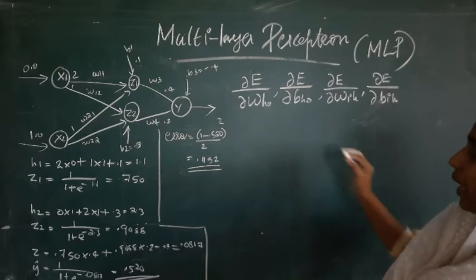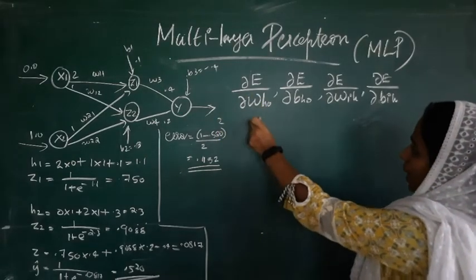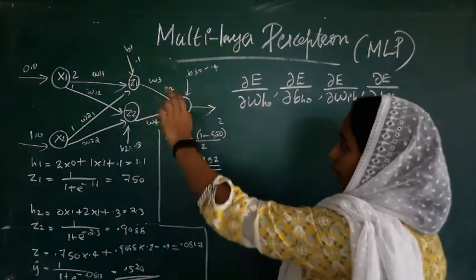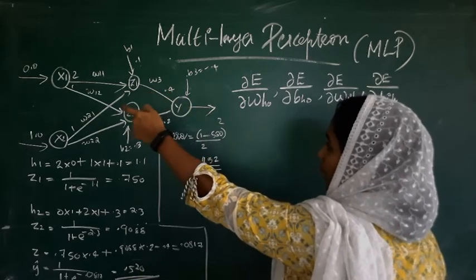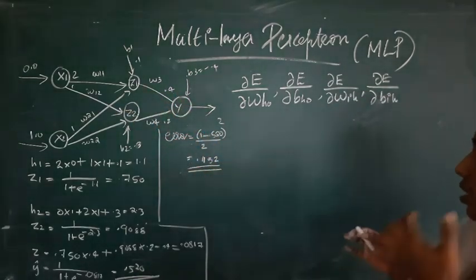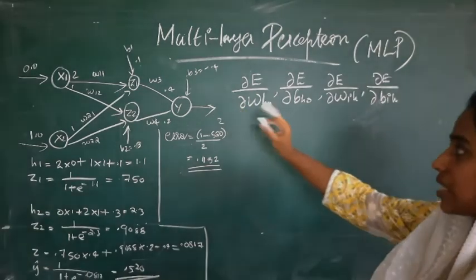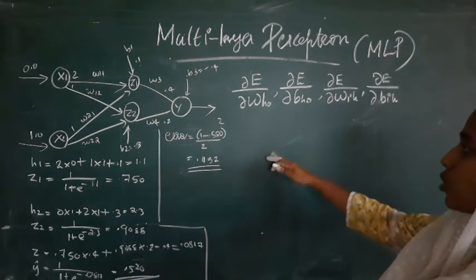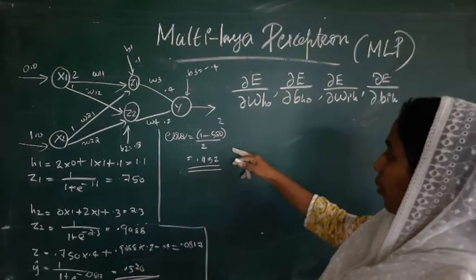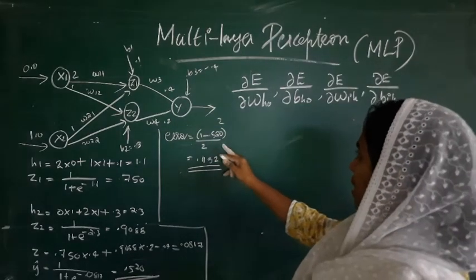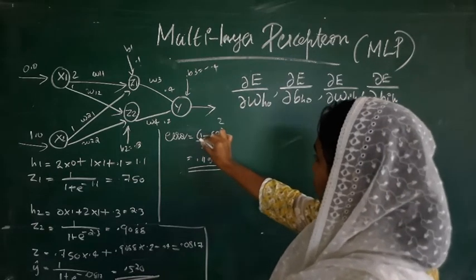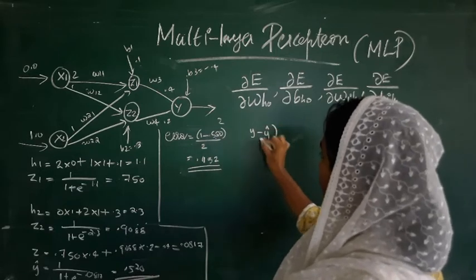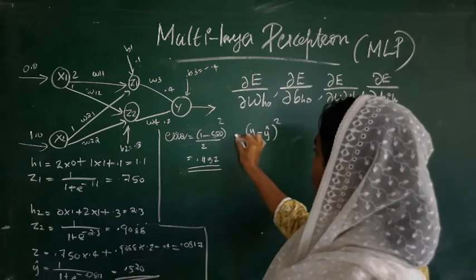That is, we have to calculate the contribution of the weights and biases in the error. When we say weight, the weight could be the weight between the hidden layer and the final layer, or the input layer and the hidden layer. So the contribution of all these weights and the biases in the error must be calculated. For that we need to take the partial derivative. The error is the expected value y minus the predicted value y cap, the whole square divided by 2. This is the equation for error.